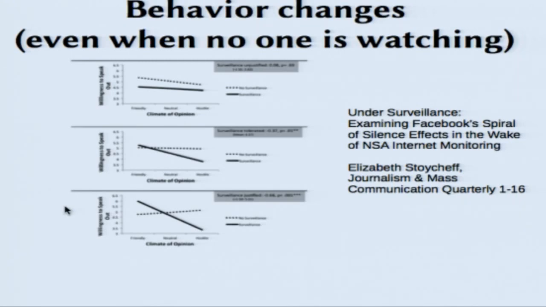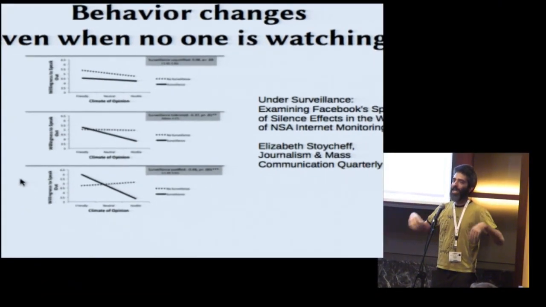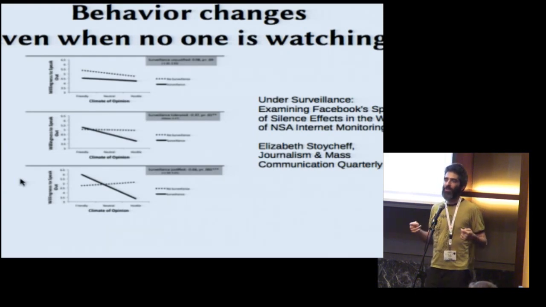So these are different groups of people who have different opinions about the legitimacy of surveillance, and the graph here shows friendly, neutral, and hostile. So if you think you're saying something into a hostile environment and you think surveillance is okay, you're actually less likely to speak up at all. So there's a chilling factor of having the centralized surveillance. It's not just about, are you individually concerned about being spied on? It's about, what can society do, how does society change? How does the behavior change as a result of having this? So we want to make protocols that encourage people to feel that they are protected, so that they actually can communicate with people even in an environment where they might otherwise feel like it's a hostile environment.